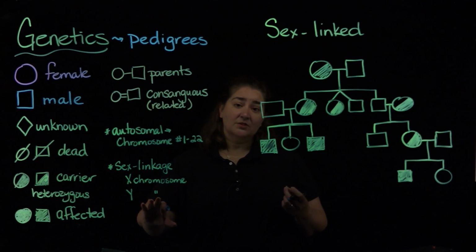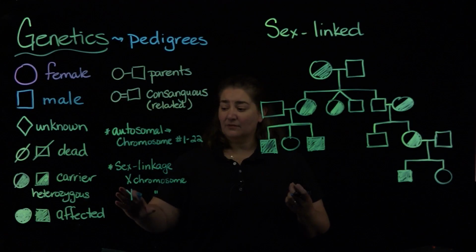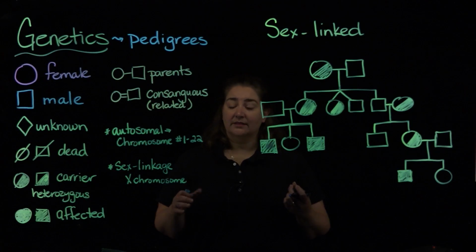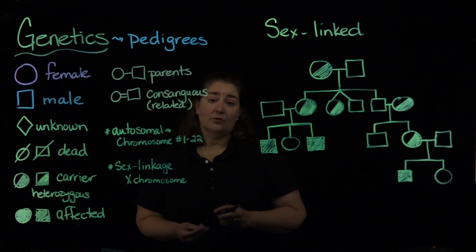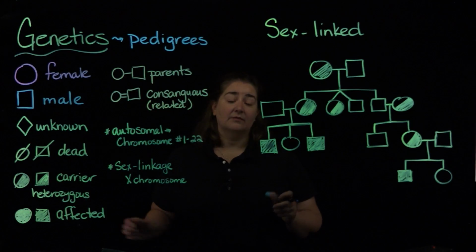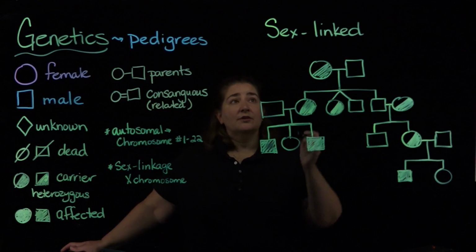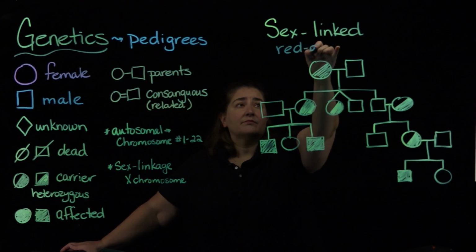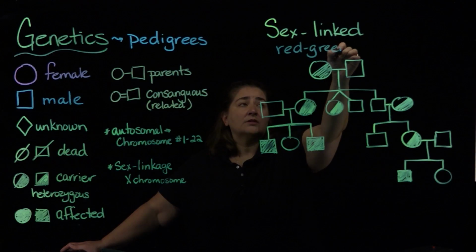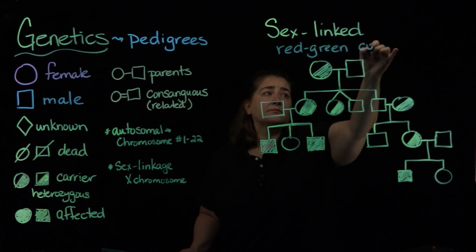The Y is a very small chromosome, doesn't tend to have a lot of genes associated with it, so it's not quite as common to have something that's going to be Y-linked. But sex linkage is going to follow on the X chromosome, okay? An example of a trait that is sex-linked is going to be red-green